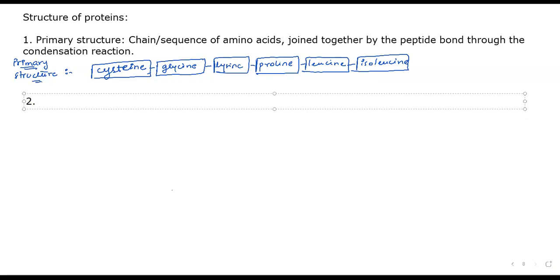What do I mean by processing? Folding. I can take this straight chain and fold it to give me a secondary structure. Secondary structure is where I've taken my primary structure, the chain of amino acids, and made it undergo further folding. I have now started to fold up the amino acid chain. That's why I said it's about complexity. This is the least complex straight chain. Then I can start to fold it up and make it a bit more complex, right? How can I make it a bit more complex?